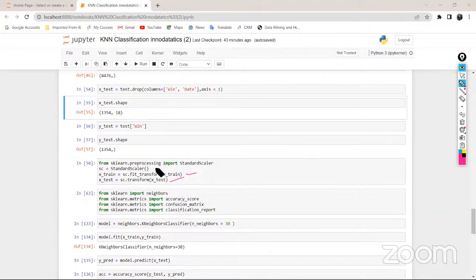Sorry for that. So I am importing neighbors. I am importing the accuracy score. I am importing the confusion matrix and classification report. When we talk about neighbors,